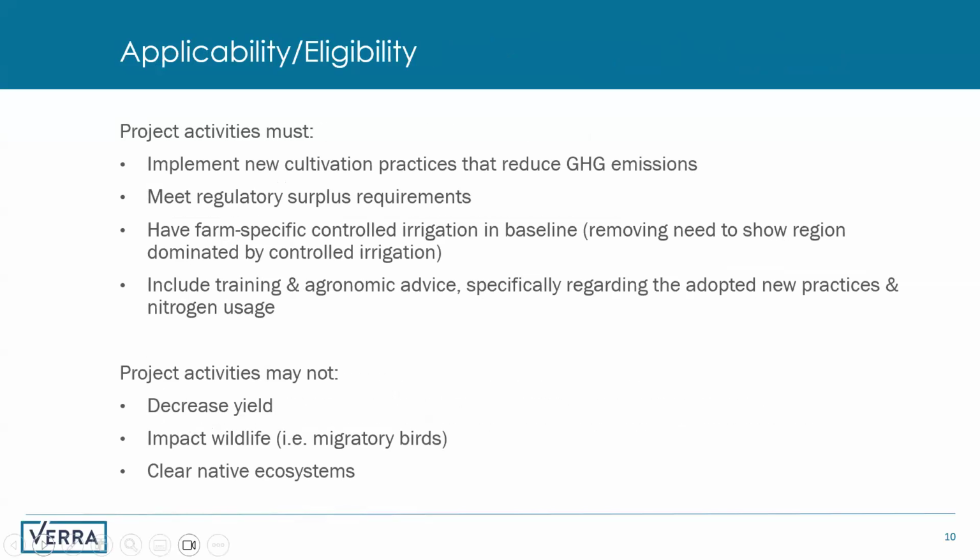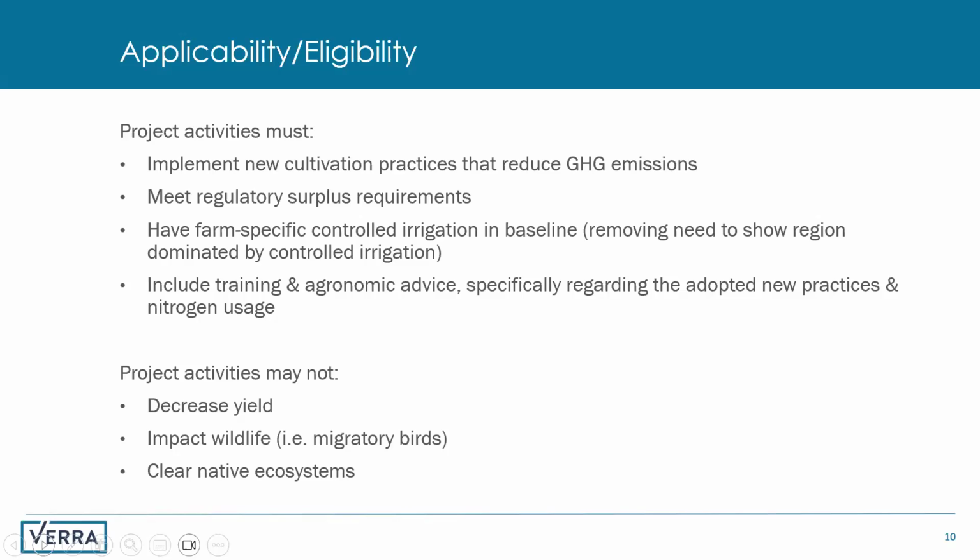Great, thank you. So here, first of all, we'll go over some of the applicability conditions, which you typically see at the front of each methodology. For this one, project activities must implement new cultivation practices that reduce GHG emissions, making sure that we have the additionality covered. They must meet regulatory surplus requirements, and must have farm-specific controlled irrigation in the baseline. Those of you familiar with AMS-III.AU will recognize that we're actually going to remove the need to show the entire region where the project is placed is dominated by controlled irrigation,